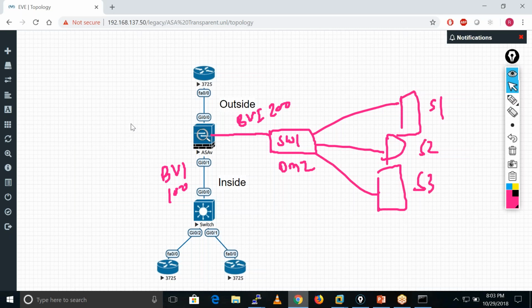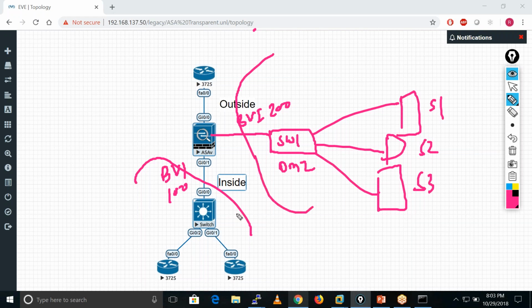we can't send the traffic from this bridge group, like this is one bridge group. This is my another bridge group. So that communication is not allowed. Okay. We can't send the traffic like this. Okay. So the thing is, if we have a bridge group and one more DMZ interface, so what we do, like this is our DMZ interface. So we can put this DMZ as well in the same BVI interface. So this is our inside, this is our DMZ, and this is my outside. Okay, it works fine in that case.